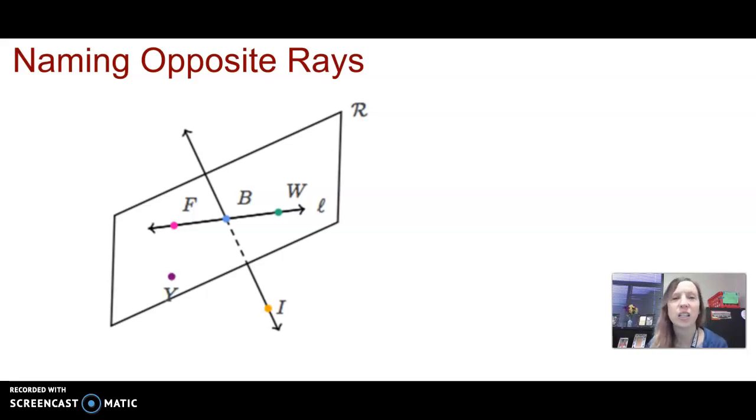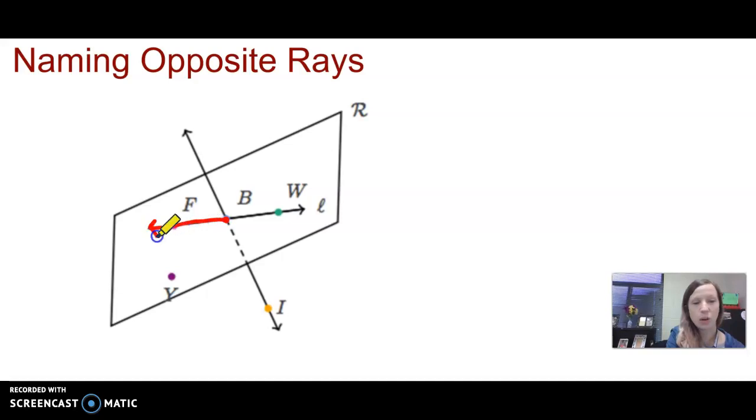Hey guys, so we're going to look today at naming opposite rays. So when you're looking at a picture, remember that opposite rays are two rays that have one endpoint and move in opposite directions. Together, they form a line. So if you're looking at a picture like this and you're trying to find a pair of opposite rays, remember they form a line. So an example on this one would be we have a ray that starts at B